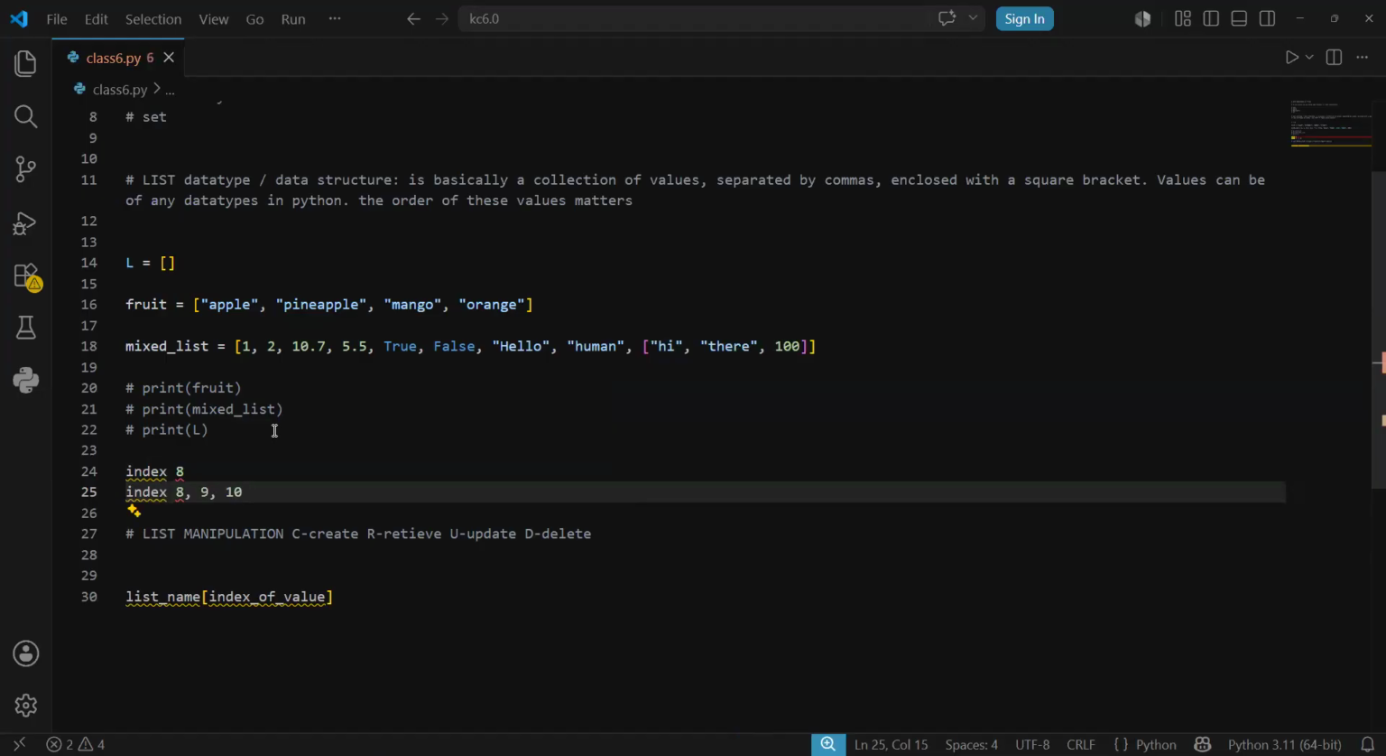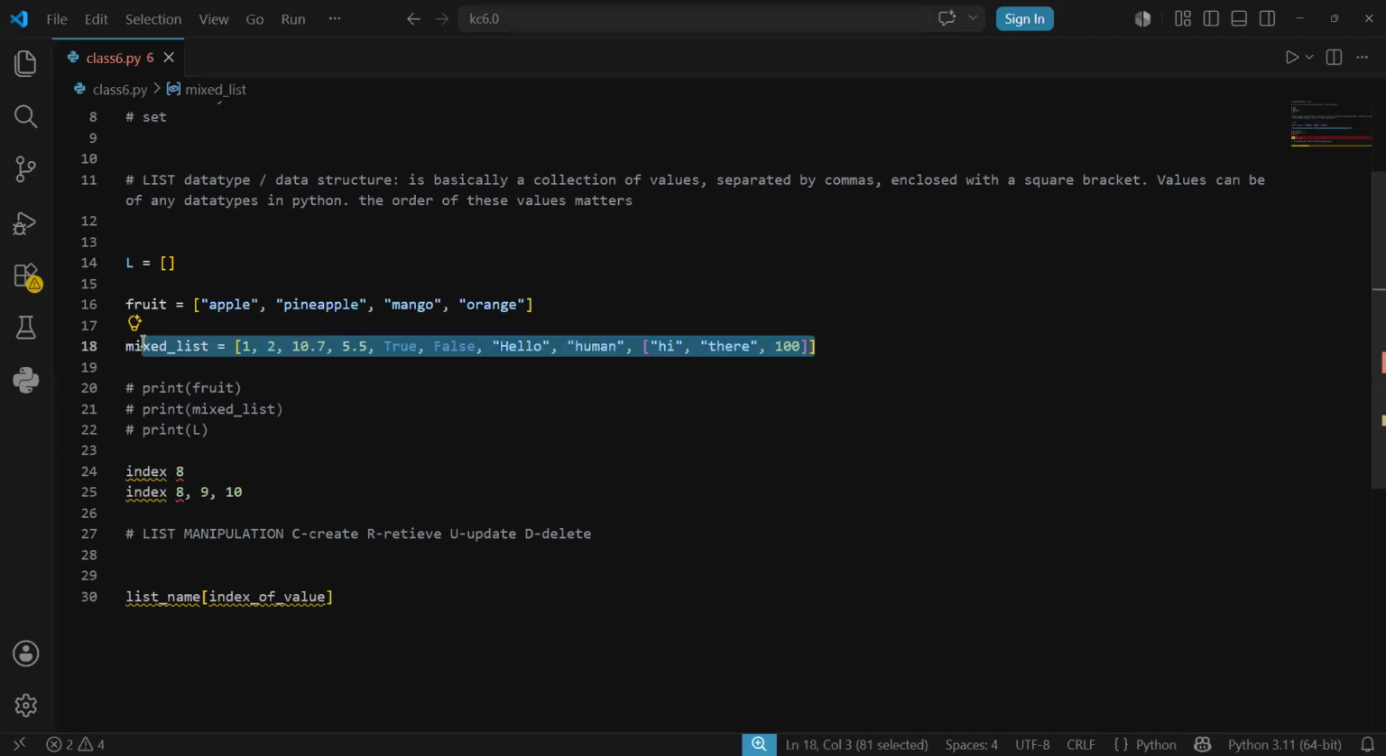Okay, so that is a fantastic attempt. This man that is sitting here is of course sitting on index 8. But that whole structure is seen as one single value within this whole structure. So it means that hi, there, and 100 are all considered as one value within this structure, which means that all of them are sitting on index 8. But if you now dive deep, because this value is also another structure within that structure,